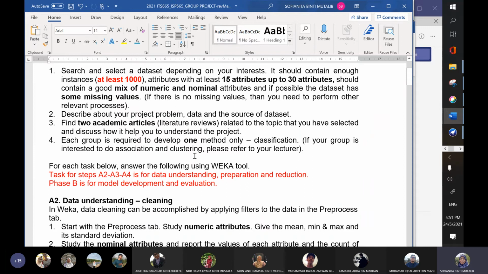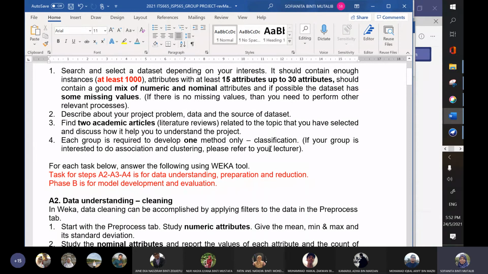But if you are interested to do association and clustering, boleh juga, tak ada masalah. It's just that clustering will be discussed this week and also a week after the semester break. Meanwhile, association will be discussed later on, so if you do association, your time to build the understanding would be very limited.